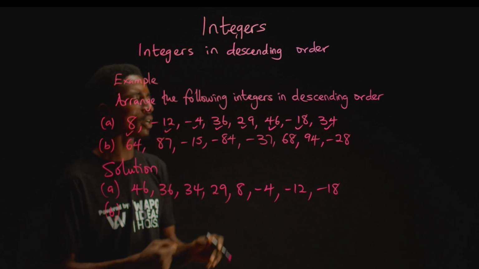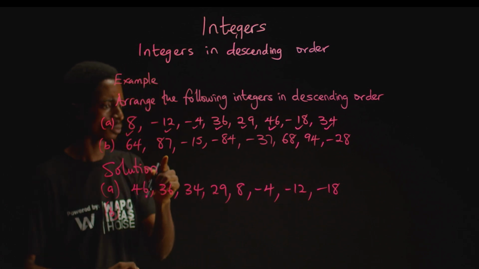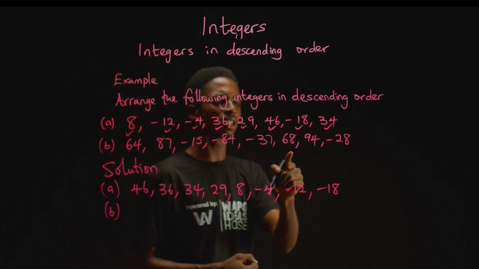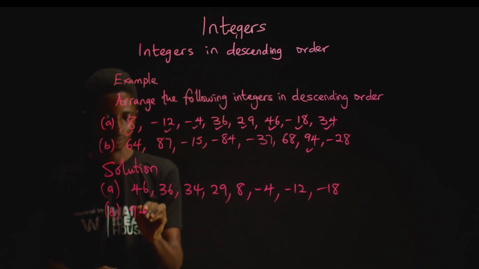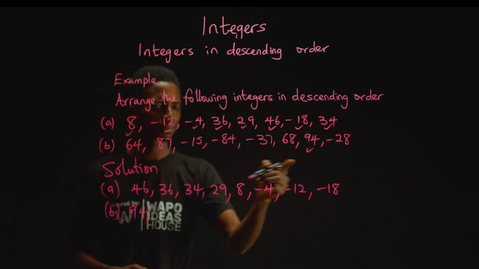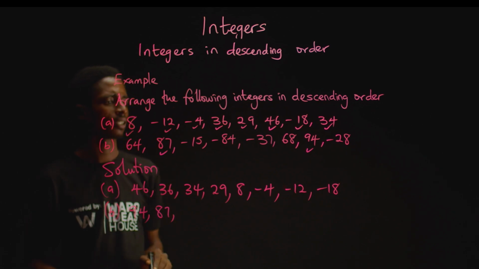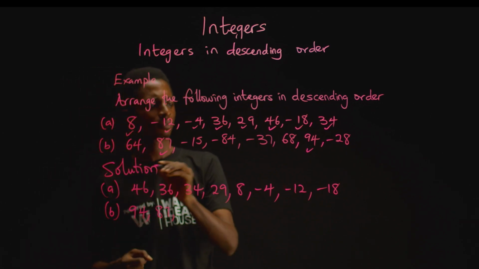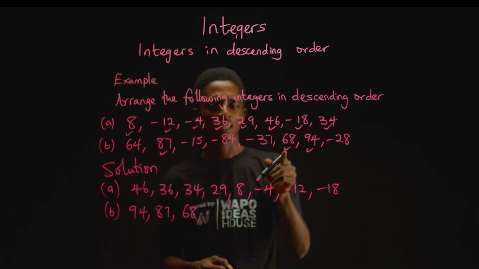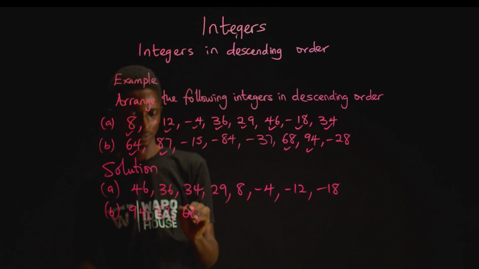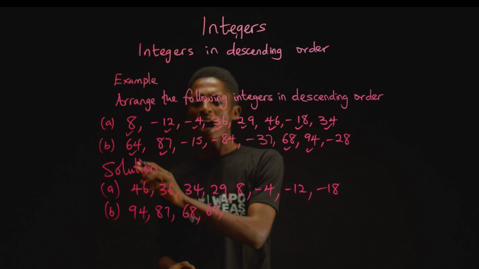We also start here with the one with the highest value. Check number after number. Of this set of numbers, the one with the highest value is 94, followed by 87. Then we have 68, followed by 64. After 64,